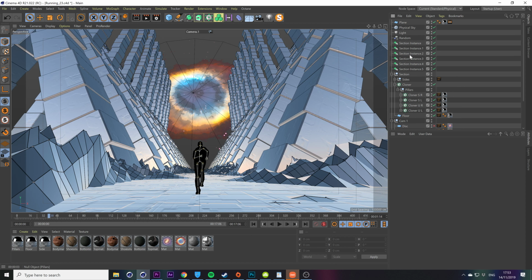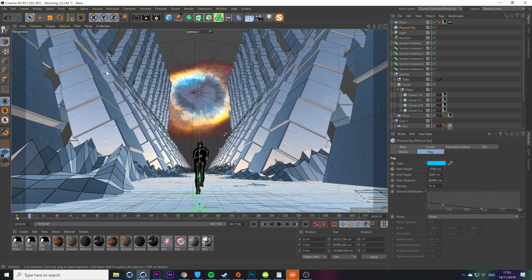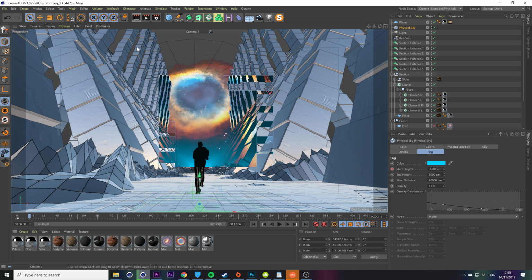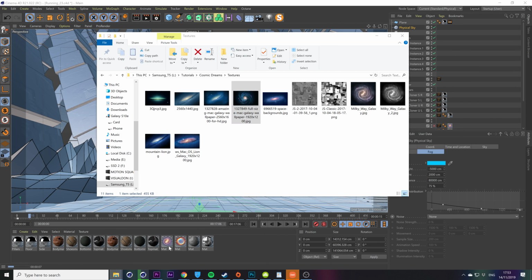The fog is not rendering correctly because of that weird glitch in Cinema 4D. So if we go back to the beginning, okay, now it's working. So something which may happen is if you want to use a different image, all of